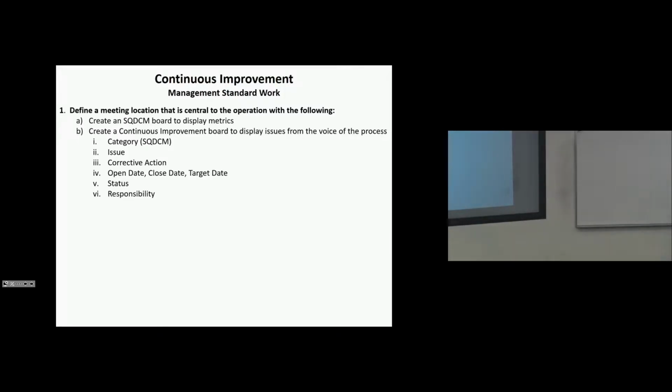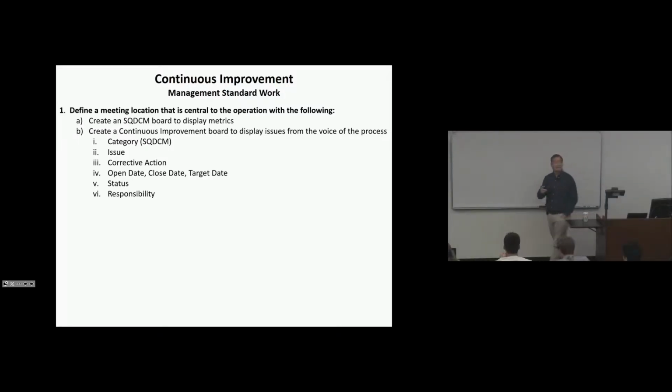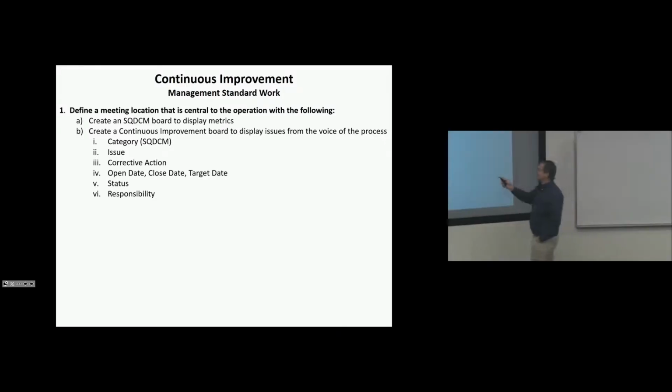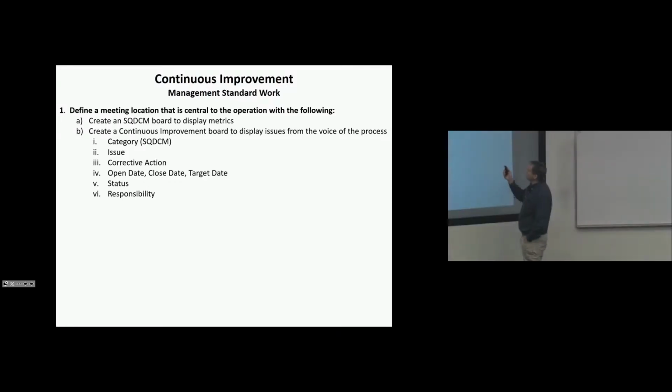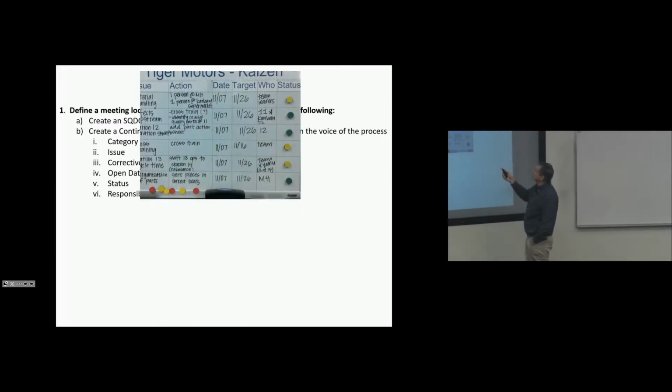So we say this initiative would affect quality, and it would also affect delivery, QD. If this is all put in a database, you have your history of all your improvement, all the things you closed, the things that are open. So you're capturing things around the format that you're using for the metrics. Just so you know, here's 500 things we fixed, small, but they have impact on these categories. So you have issue, corrective action, open date, close date, target date, status, responsibility. There's a board in the lab.